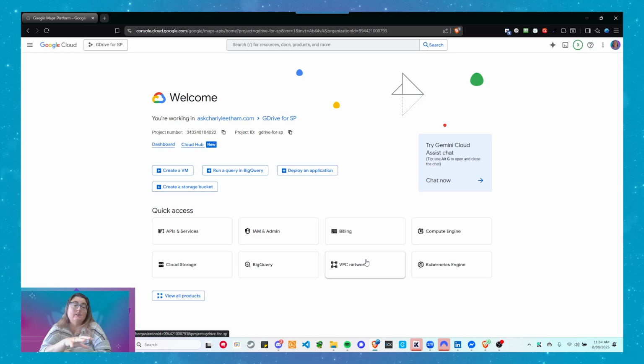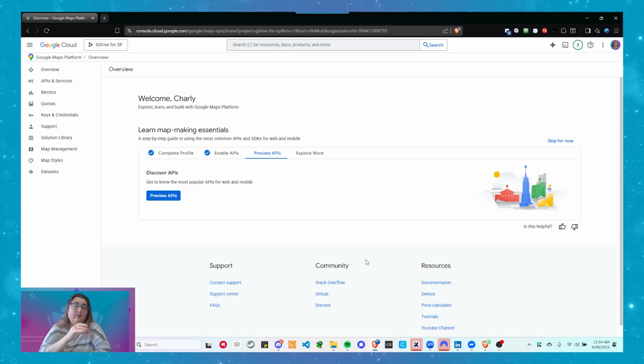Now, when I first came in here to do this demo, it asked me to create a key straight away, or it asked me what I wanted to do, and then it created my key for me straight away. Follow the bouncing ball. If you are just setting up your account, this assumes that you've already got an API key configured, and you just want to go and clean it up. But let's go through and see what we've got.